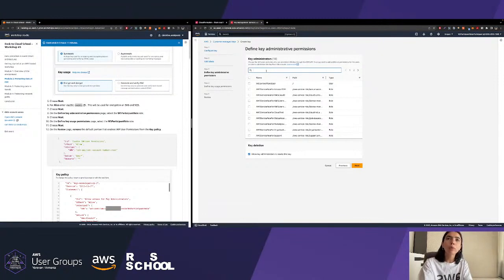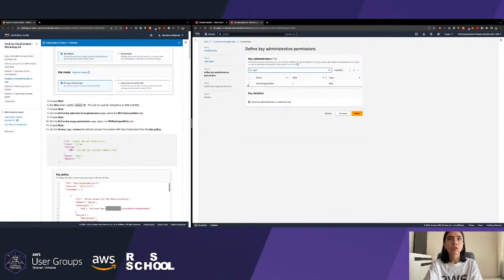First one is the workshop participant role, and the second one is the finance role. We will see the difference later on, but for this first key creation, let's just choose the workshop participant role for the administrative permissions, okay? And hit the next button.